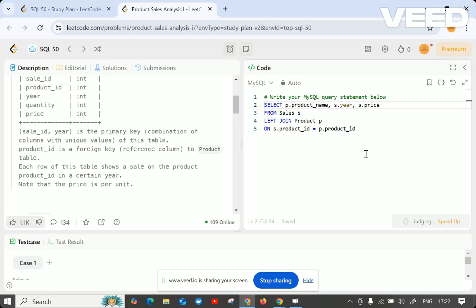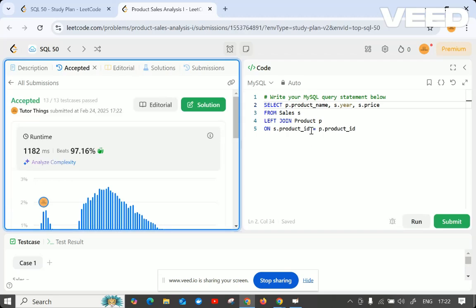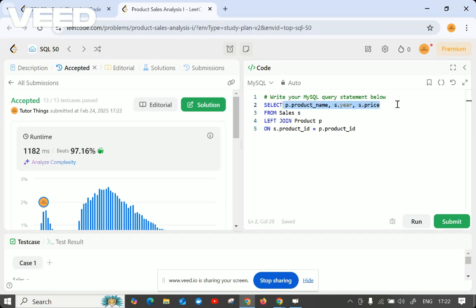It's as simple as that. I hope you have understood. It's just a simple join on the primary key and foreign key in both tables, joined on the similar column name, and then which table we are fetching which data from should be clearly mentioned in the select statement.